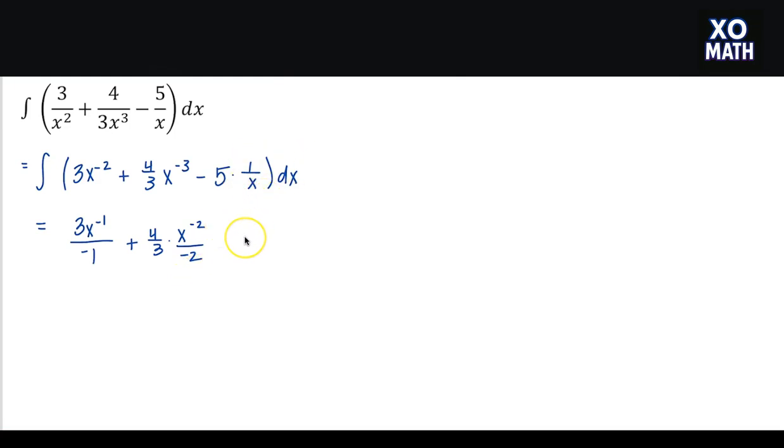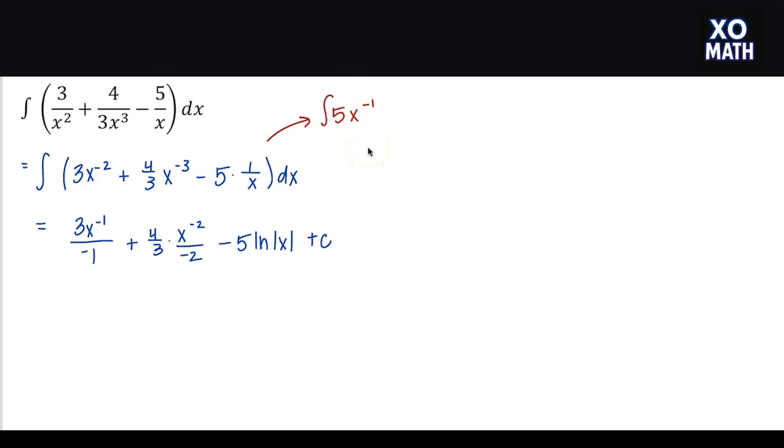And then over here, I'm going to leave the coefficient negative 5, and then I have to remember that the antiderivative of 1 over x is natural log of the absolute value of x plus c. So here, if I decided to rewrite this as 5x to the negative 1, forgetting that the integral of 1 over x becomes natural log of the absolute value of x,